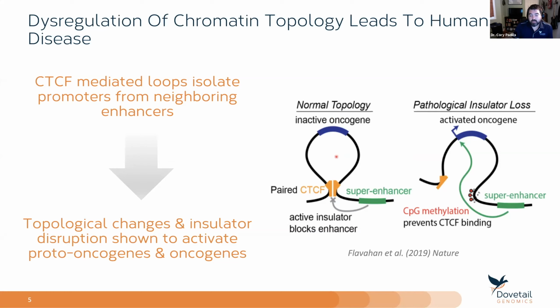And so in the normal scenario, this super enhancer that normally does not interact with this oncogene is being separated. So this acts as a barrier between gene activation. As this loop gets broken, this enhancer is now enabled to activate this oncogene and therefore driving dysregulation and leading